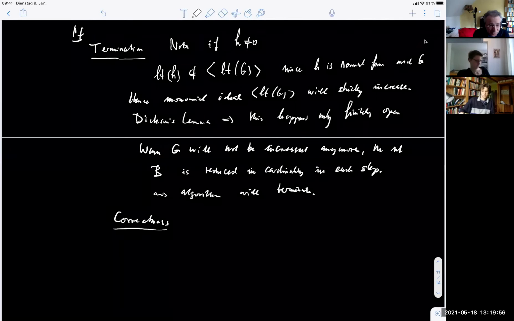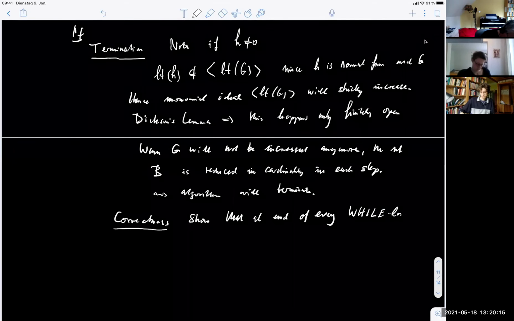And so you can make an induction proof, at least in principle. So I show that at the end of every while loop,